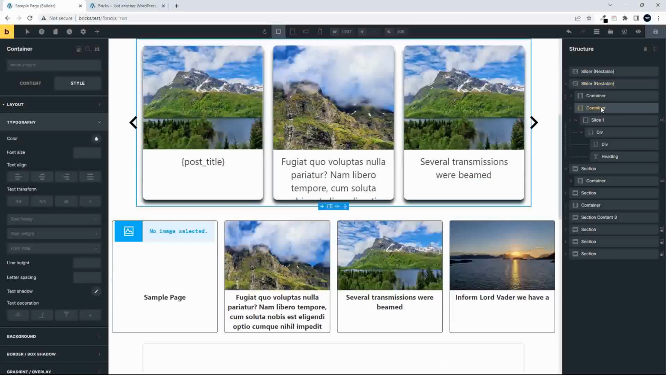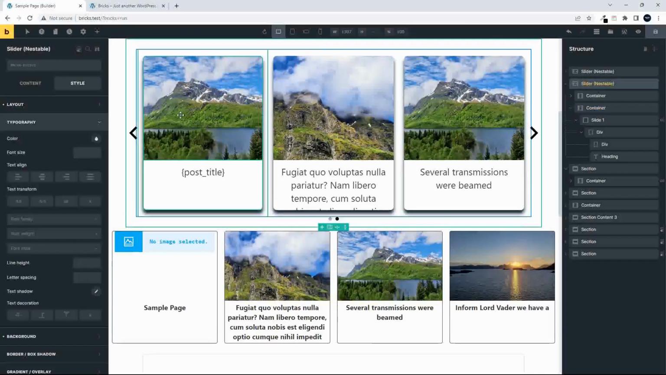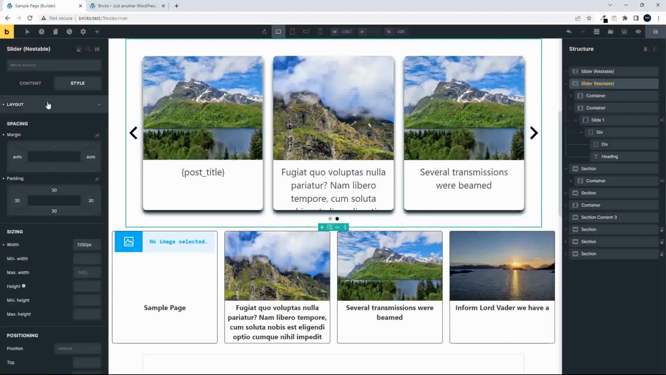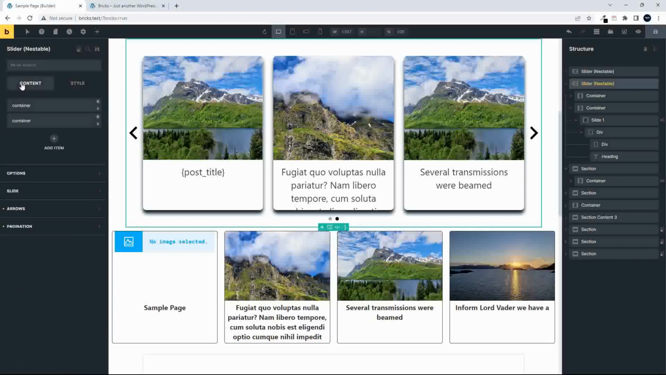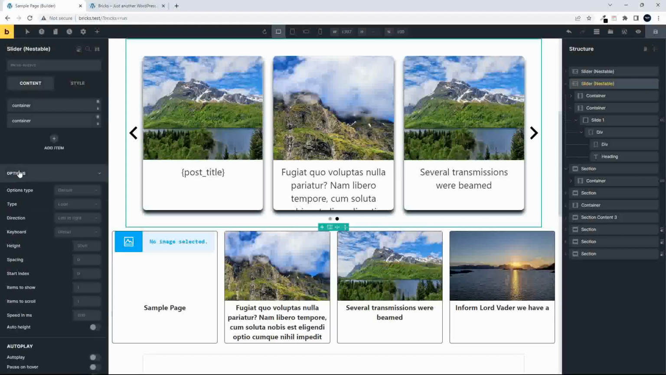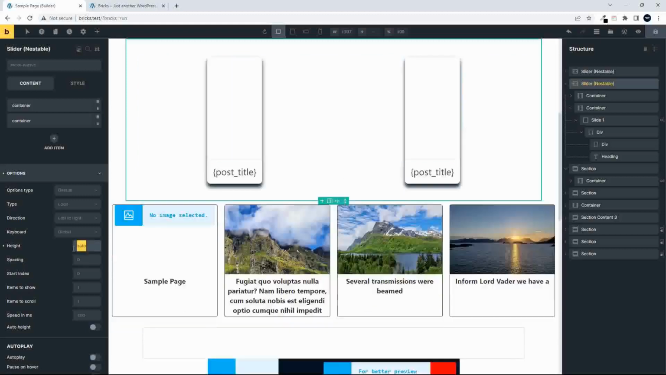Container, there we go. So we'll see now that the height is not auto adjusting to the height of the post. So we need to just go and see where that is being held up. Let's have a look here at the slider height. So the slide, here we have the height 50, and maybe I'm not sure if auto would work, or